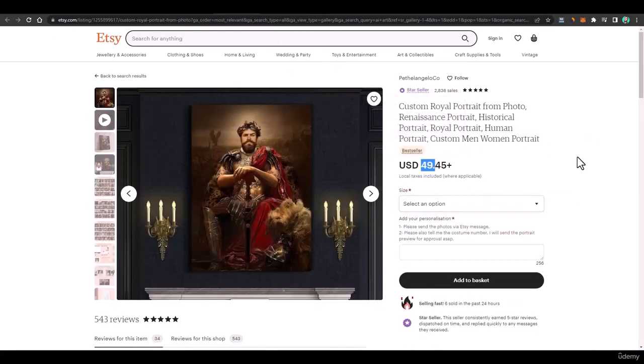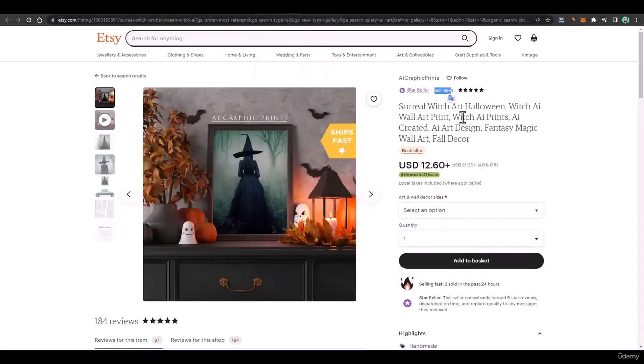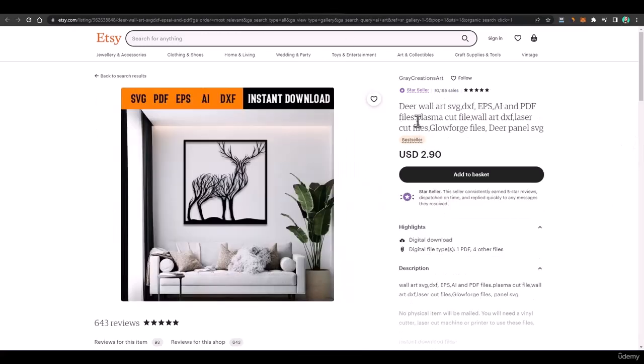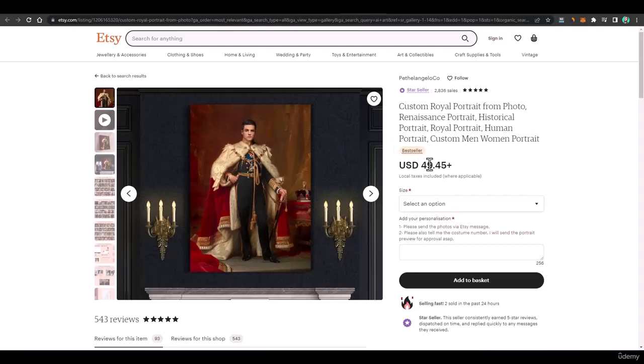These sellers are selling different kinds of products, and they are making revenue from different products. You can add different products here, because there are different tools that I'll be talking about in this course, so you can utilize all those tools. Then this one here, you can see 641 sales with $12 each. Then this one is 10,000 plus sales with $290 each. And then this one is again by the same seller, but a different product.